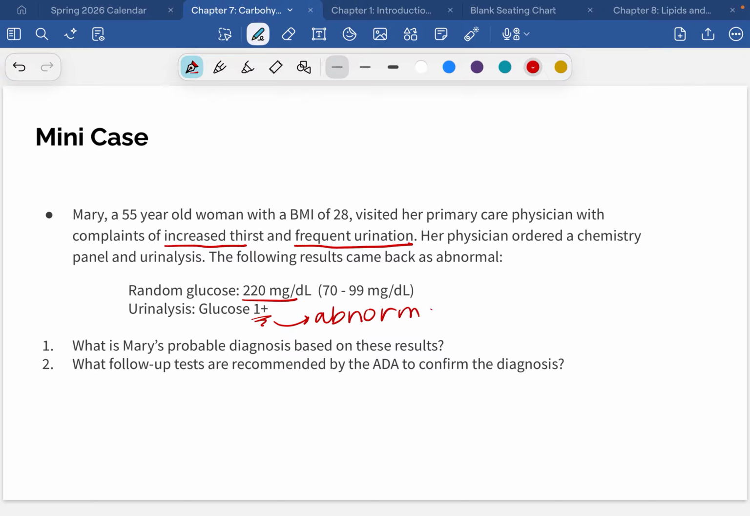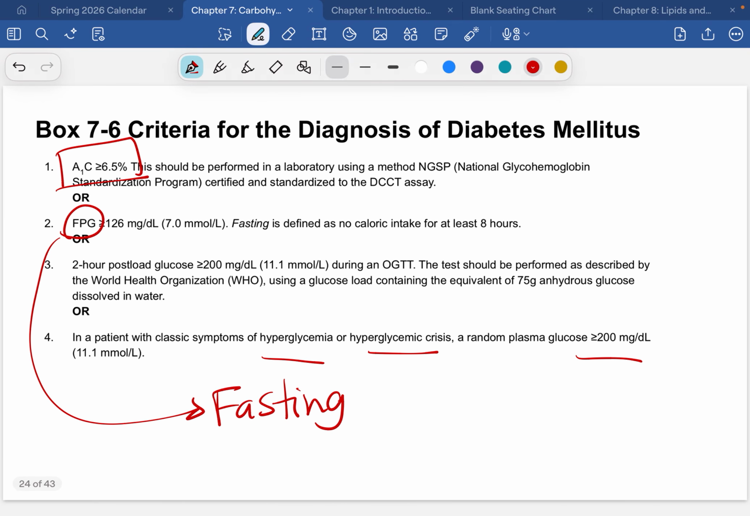Your urine is never supposed to have glucose in it. Sugar in your urine is an abnormal state, always. It's not a typical thing. Now, her random glucose,